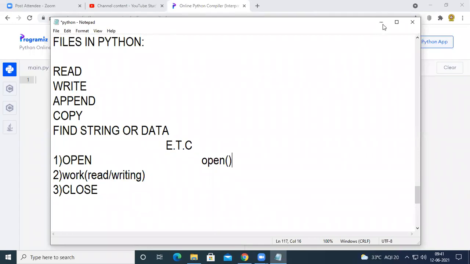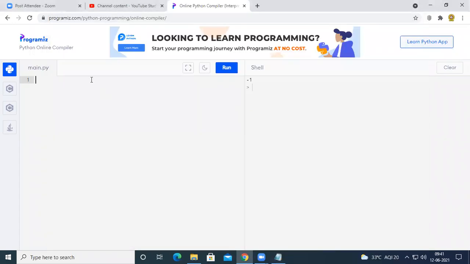Right, so let us see here. For example, we need an open function in order to open a file. Before that, you have to declare a variable, for example, a equal to open.